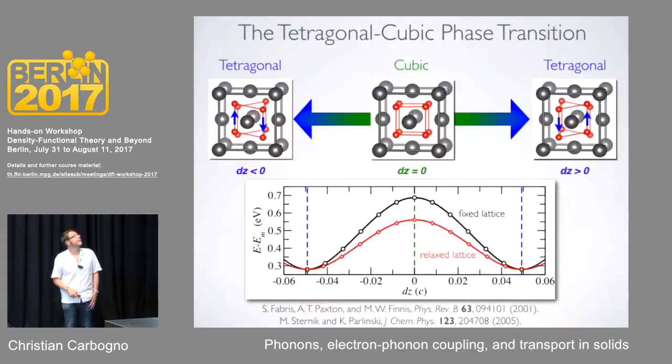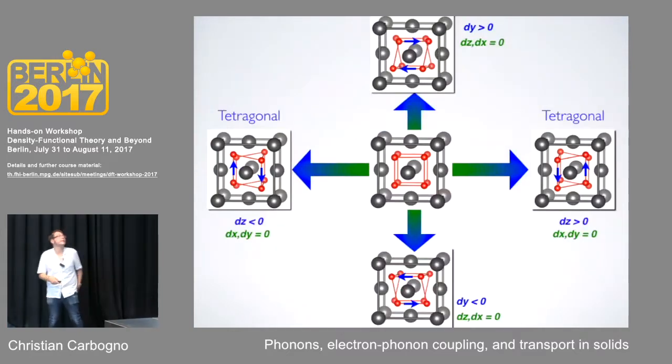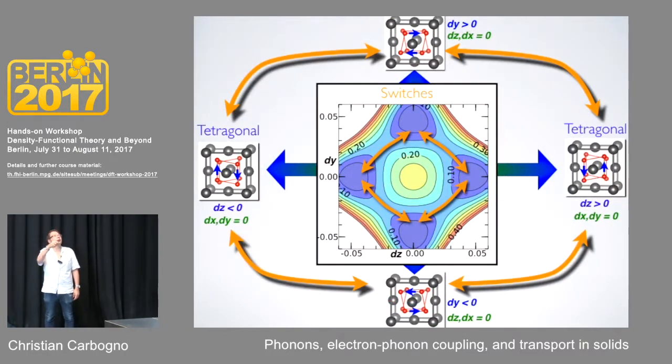What is happening here is that you actually have this cubic structure that is a saddle point of your potential energy surface and no longer a minimum. So what you can imagine is that you're sitting in this tetragonal structure, and you can obviously go from one tetragonal structure to the other, and in the middle you have this cubic structure. Going to a 3D representation, this gives you something like this: different displacements, how this tetragonal structure can be arranged, and the potential energy surface then also gets two-dimensional. You have different minima, and in the middle you have the saddle point belonging to the cubic structure.